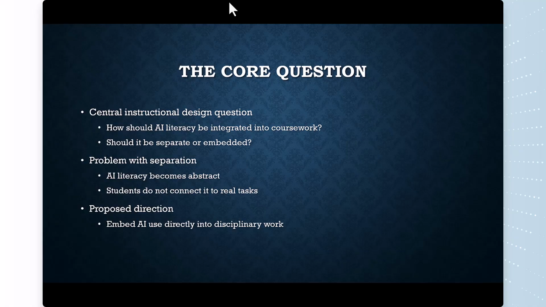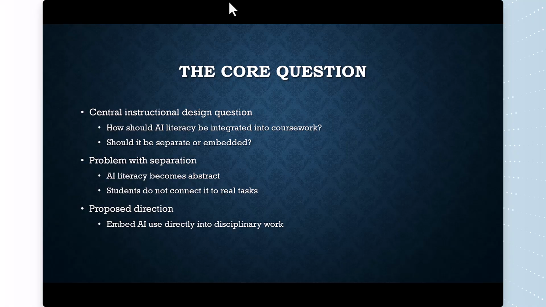The central instructional design question: how should AI literacy be integrated into coursework? That's an interesting question to pose and look at. Keeping it separate can keep the ideas and learning separated from one another, whereas embedding it within the course can help us use it as part of the learning.